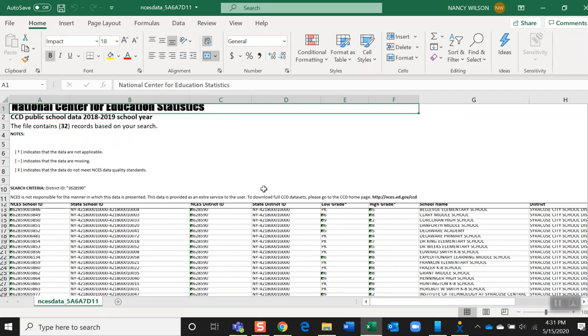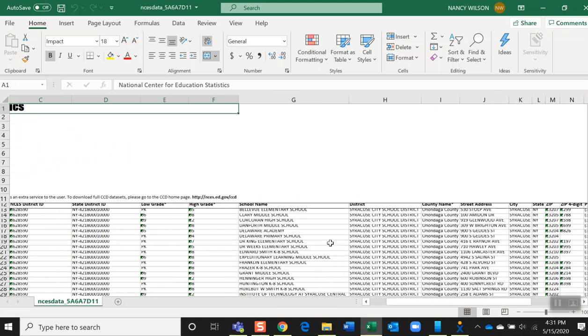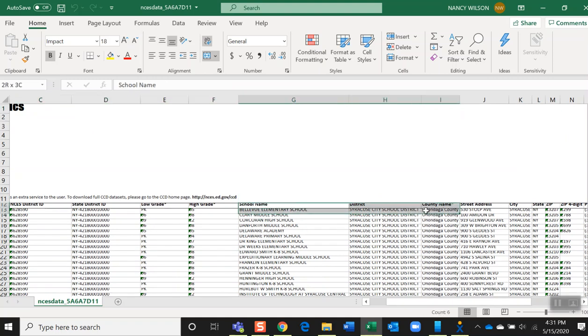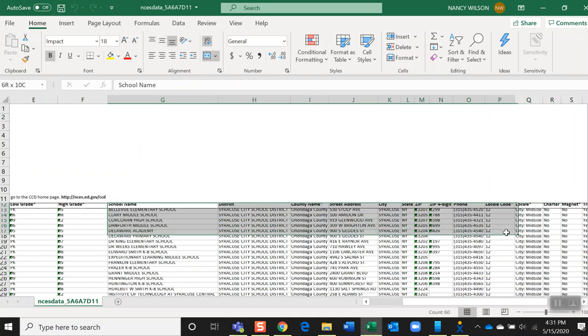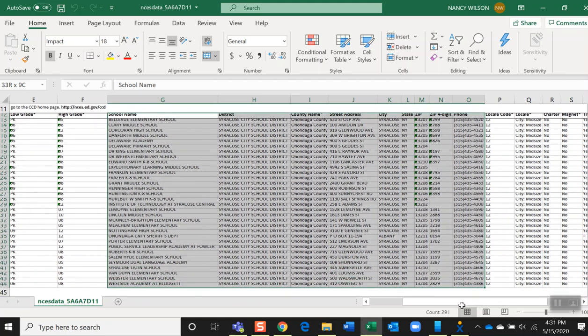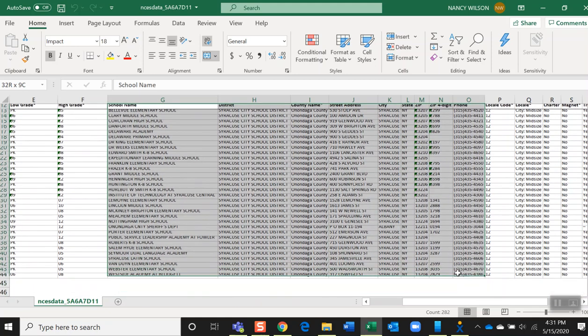And it's going to pull in looking like this. Now, what you're going to want to do is pull out the data that you need, which is your school name and the street, city, zip, and phone number. So I'm going to go ahead and grab all of this. I'm going to get a few things I don't need, but I can delete them once I get it into